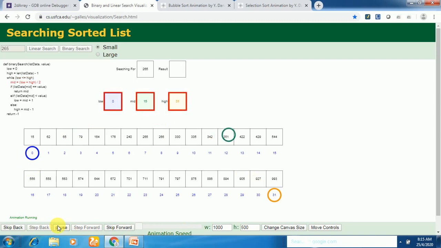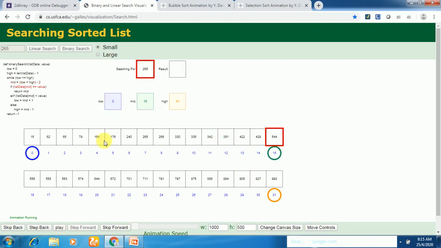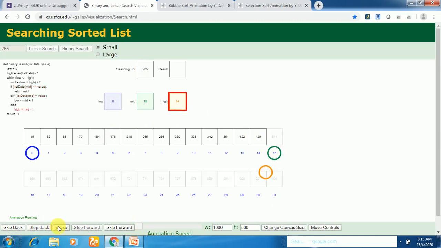Next, it will calculate the mid. So mid, low plus high, we got it as 15. The middle element is 544 and the search key is 265. That doesn't match here. So in this case, the key 265 is smaller than the middle element 544.